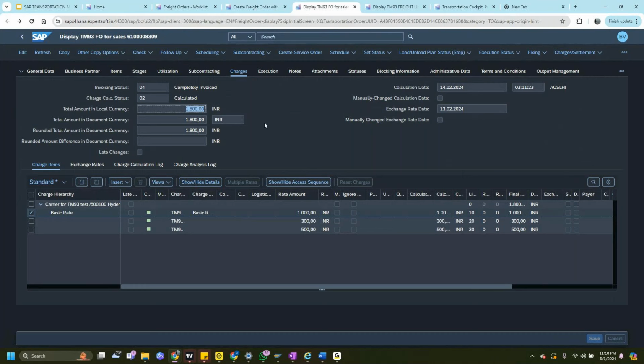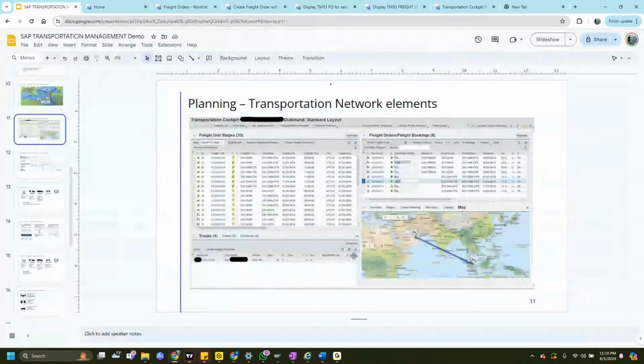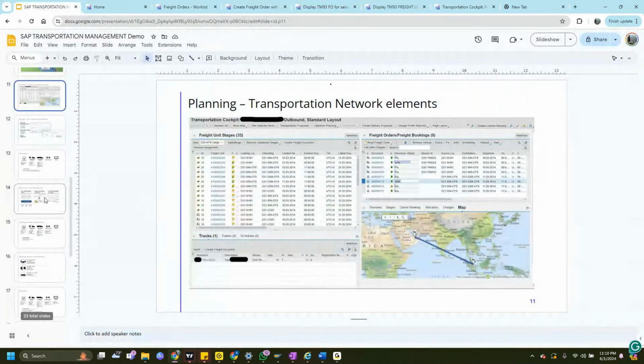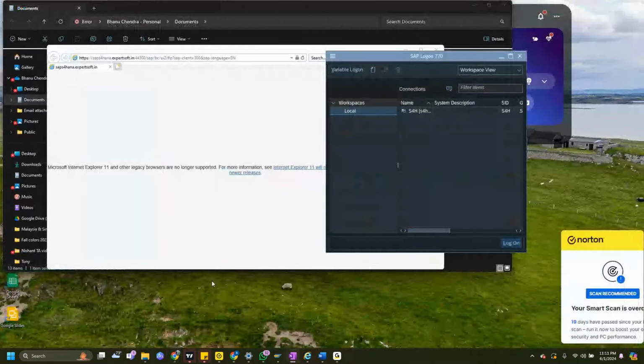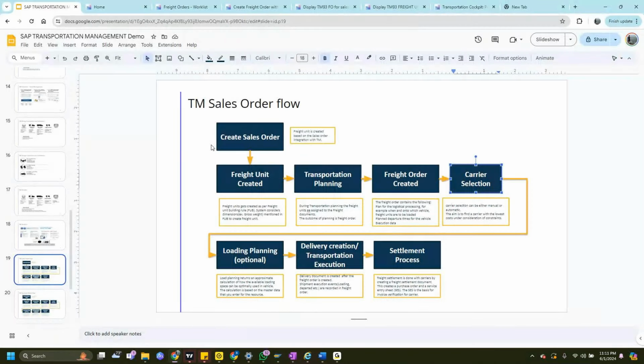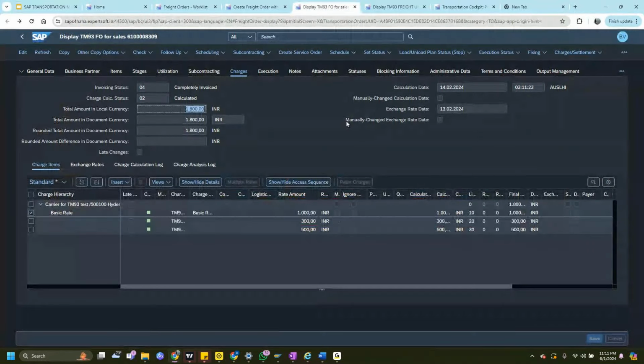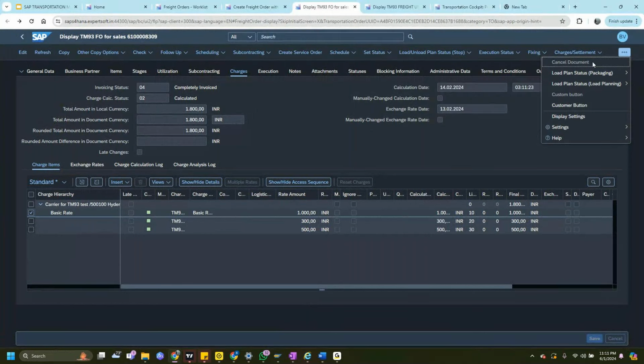So this is the freight order that gets created. It's the legal document that goes to the carrier to accept the services, and he'll come and pick up the particular shipment. So once a carrier selection is done, we always have an option to create, because this is an order-based delivery. We can trigger proposals out of this system. So as it's an SAP TM thing, we can say when the delivery can be created.